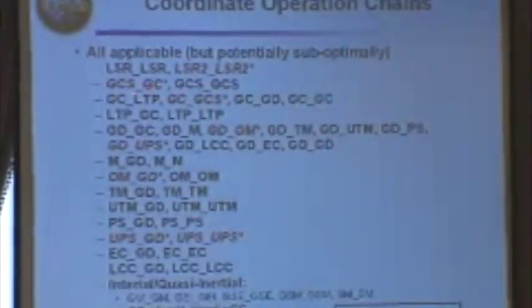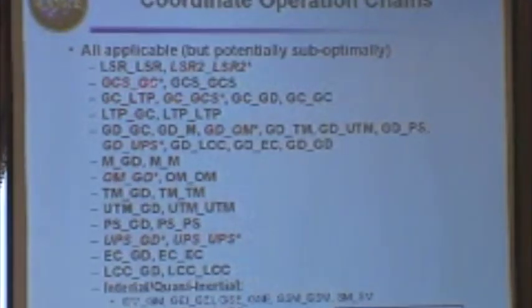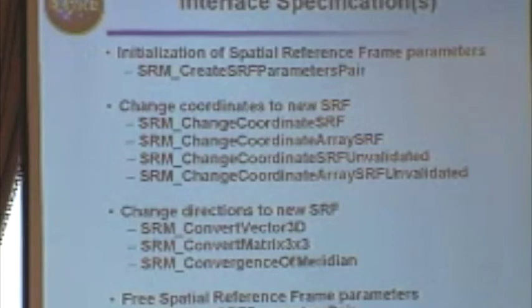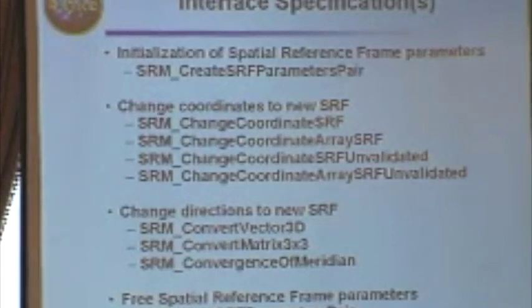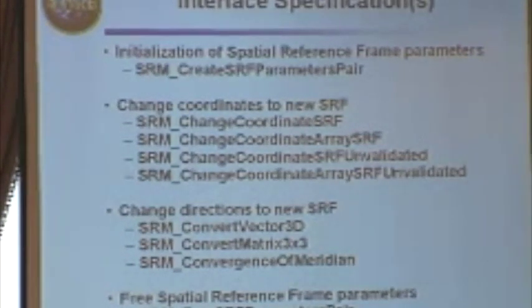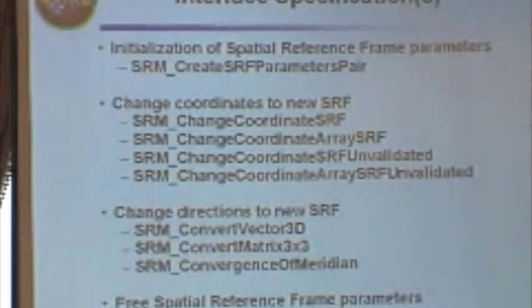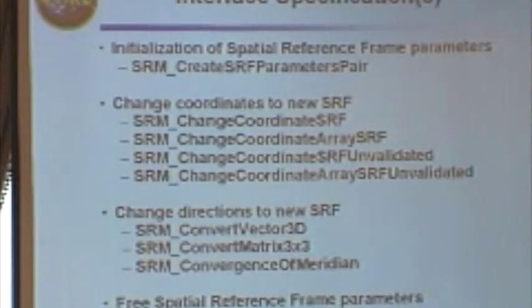Coordinate operation chains. These are chains that have been optimized in the way that Ralph was talking about. Red means it's not yet supported, but that's probably, was it this one now is supported? Yeah, so you can go fix your printout. That is supported now. So these are basically the core of the API. You already saw geoidal separation. These are the names of the other ones.